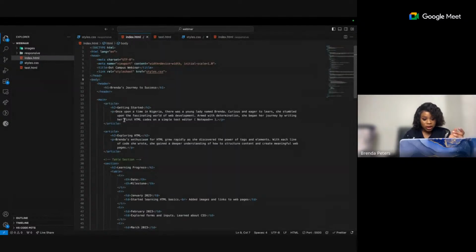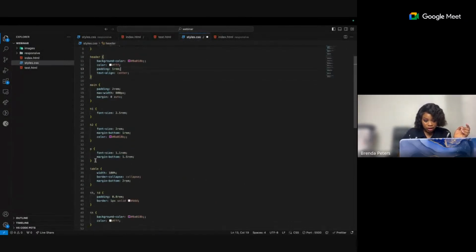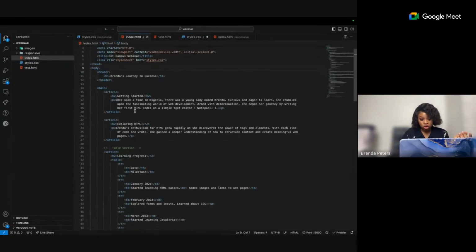This style will affect all the paragraphs. Maybe I want to add a red color to just this paragraph and not this paragraph. How will you do that? Because if you add it here,